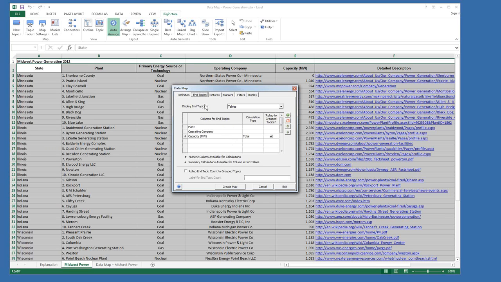Another question that may come up is, how did we get the tables versus individual topics? That is here, so we can say display end topics in tables. Another option is to display end topics as individual topics. Tables seems to be the way that we prefer to set things up, just for ease of sorting and visualizing and comparing, and you're able to pack more information into a table instead of having a lot of individual topics